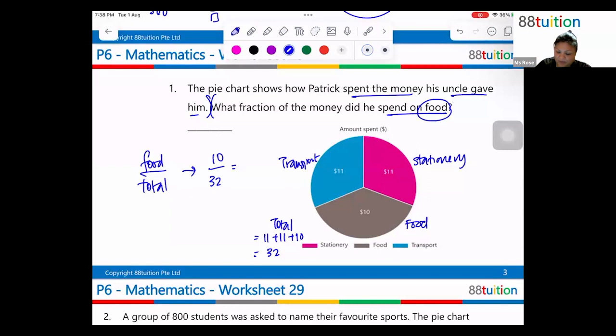Yes, must simplify. Okay, very good. So you must simplify. To simplify, divide by 2 to give me 5/16. Okay, so that's 5/16. All right. Now,